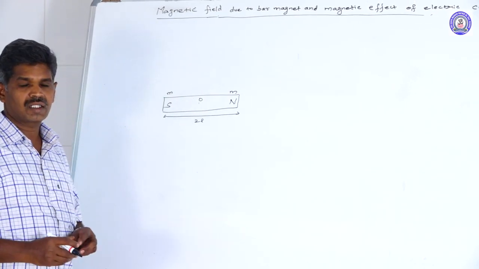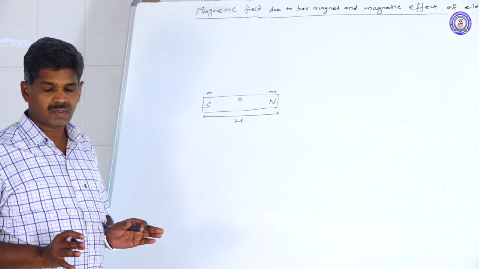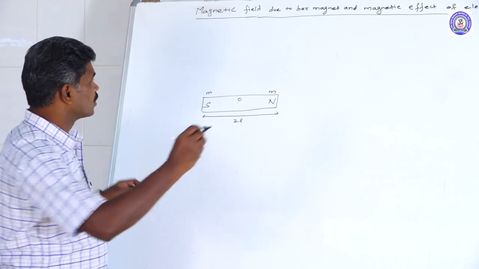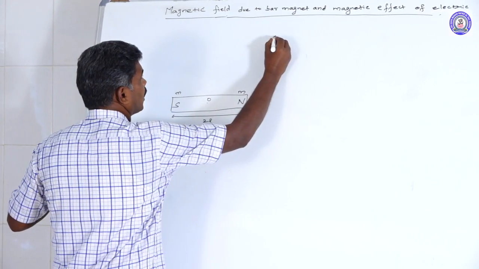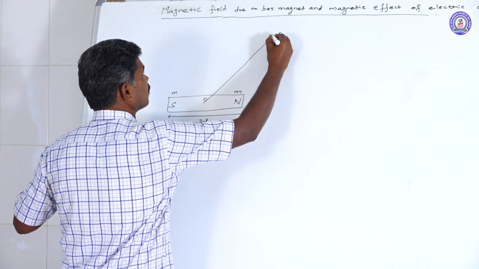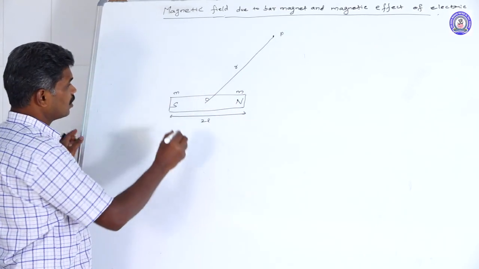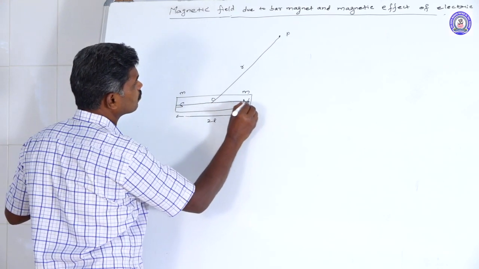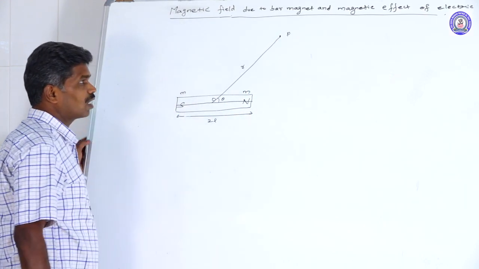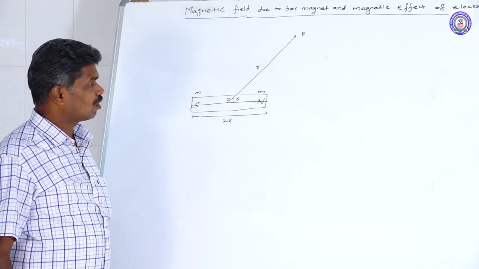Due to that magnet, we have a magnetic field around the magnet. The magnetic field around the magnet at any point we can find based on a formula. Suppose the point P is here. We draw a line joining the center of the magnet to that point P. Let me assume that the distance is R. The axis of the magnet makes an angle theta with that line, where we are going to find the magnetic field. The distance is also R.